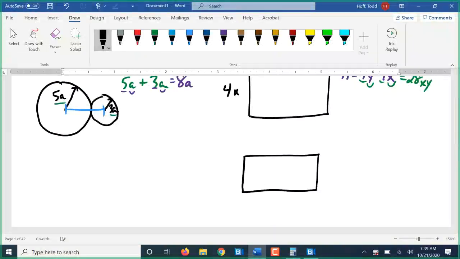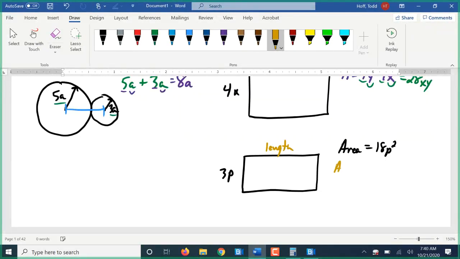Or we might have something like this that is 3p in width, and we're told that the area is 18p squared. If I want to find the length,